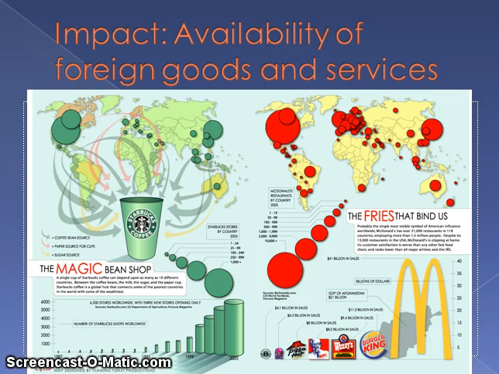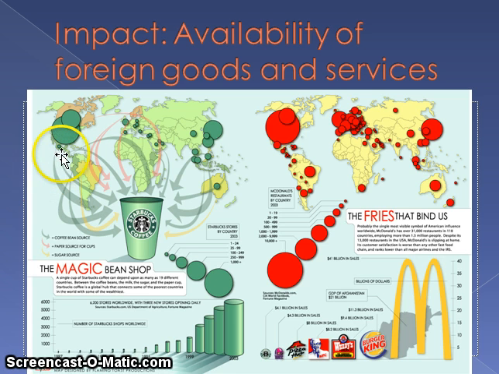Our next impact is the availability of goods and services from foreign countries. If you think about just here in the US, you can think about, okay, I have a TV that's Samsung. That's not made here, that's a Japanese company. Cars are made all over the world. Toyota's a Japanese company. There's Korean car companies. But on the other side, American goods and services are also going all over the world.